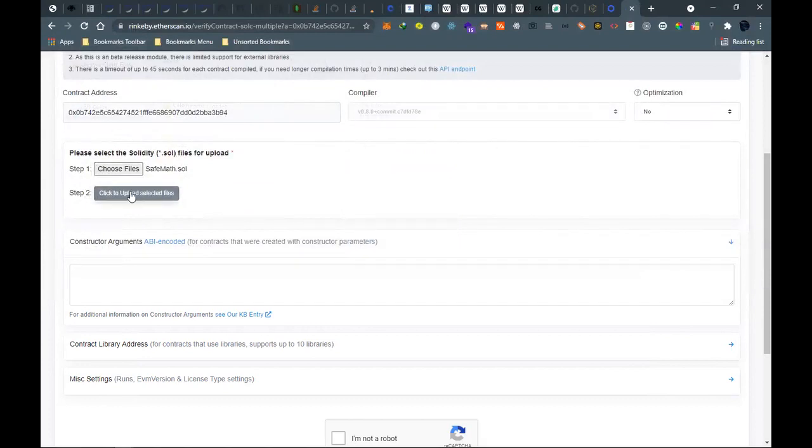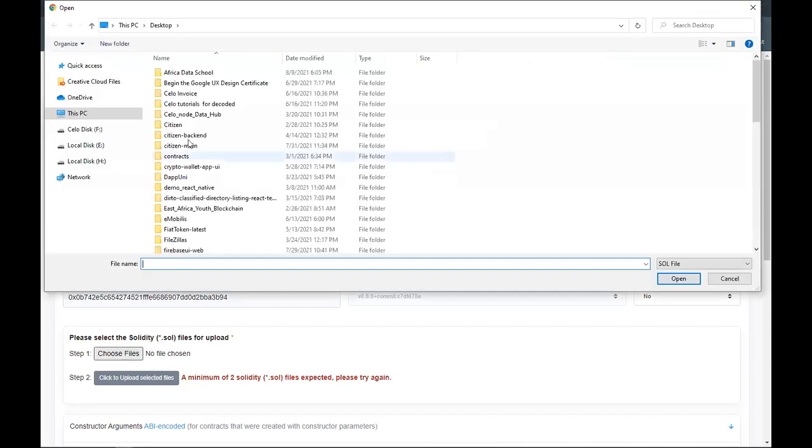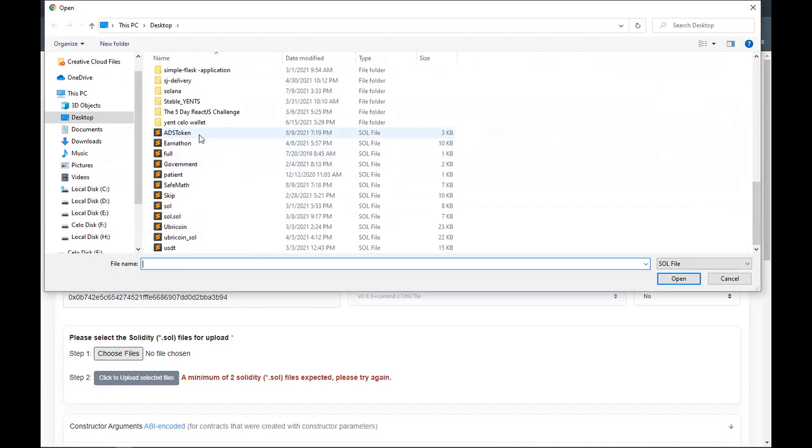Let me select them continuous. So we have ADS. So there is a contract that I was trying to create.